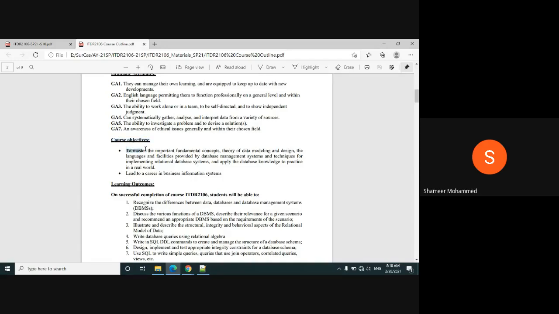You are going to master the fundamental concepts of how to design the database, how to model the database, and write programs in PL/SQL, and apply this knowledge to solving real world problems in the industry, in any private or government company.